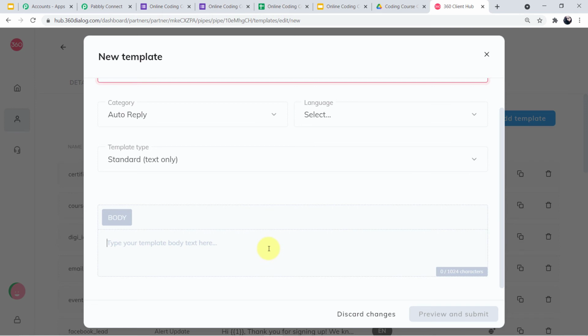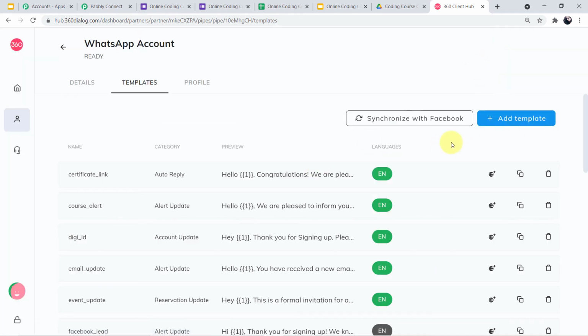And guys, after creating your template, you have to send your template for approval. You see all of the templates here, they are already approved. Let me show it to you. You can see these templates are approved. The approval process is done by FB, and the approval process takes from 2 hours to 2 days. If you listen to me, the standard time of approval process is within 1 day. So don't forget to create your template and then take the approval. Before taking the approval, you cannot use your template.